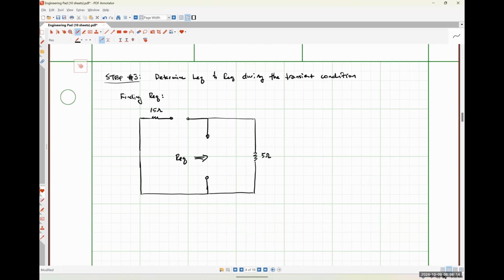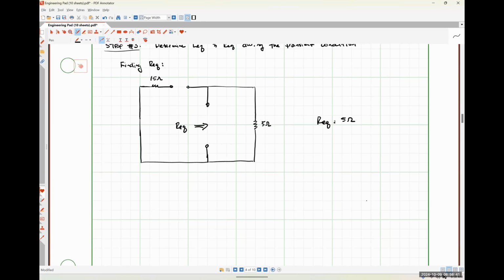So just the 5 ohm resistance. A shorter way to do this would have been, hey, we know that the left-hand side of the circuit is disconnected, so there's only the 5 ohm resistor left, right? So it's the only thing that is impacting the behavior of the inductors. So REQ in this case is 5 ohms. Now that we know what our equivalent resistance is, we need to find